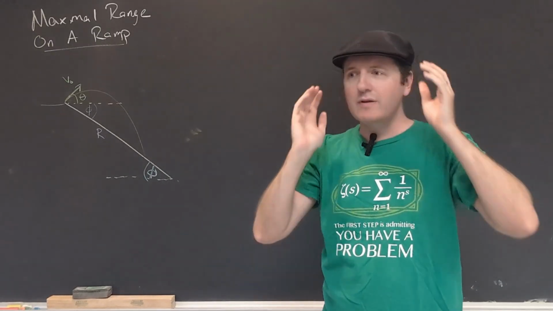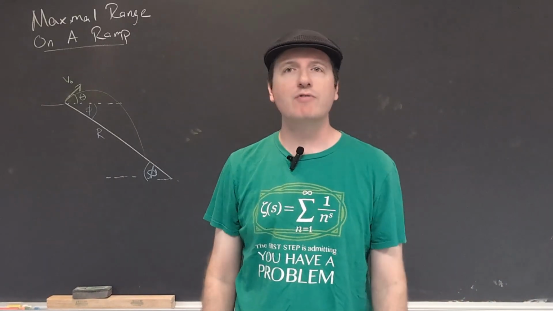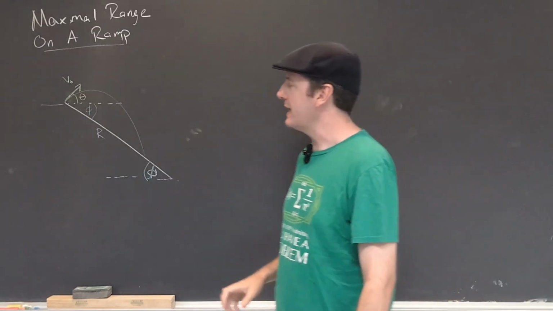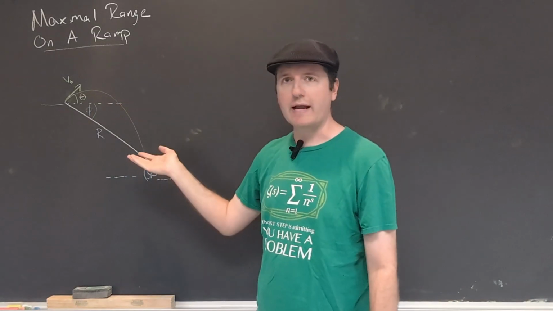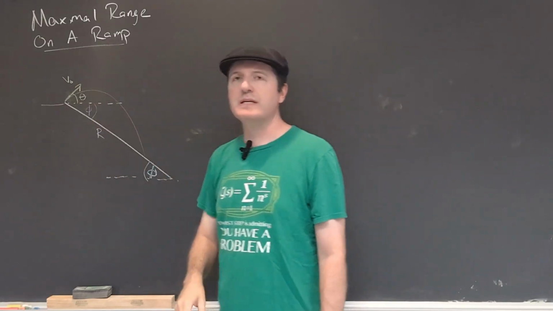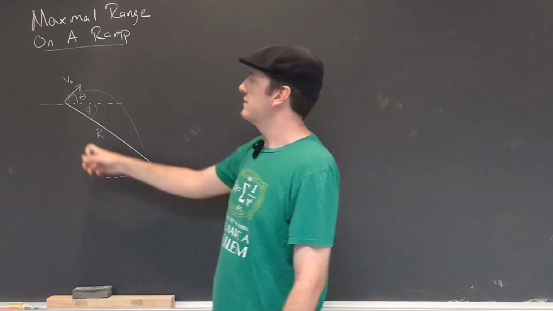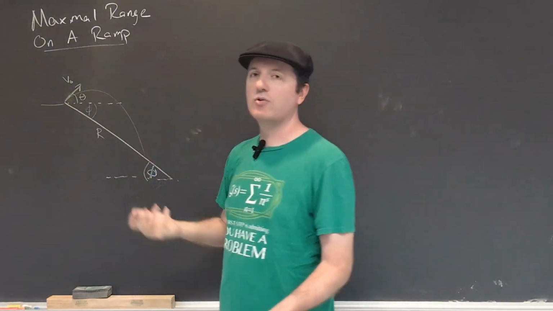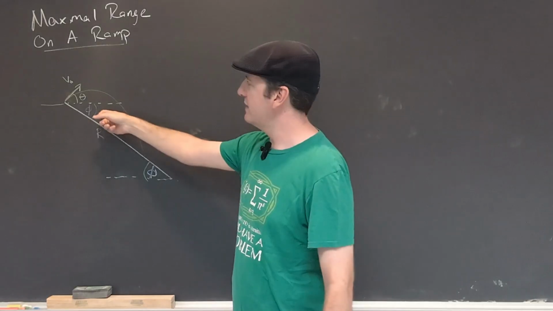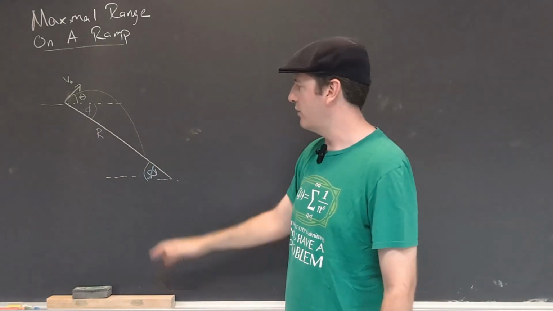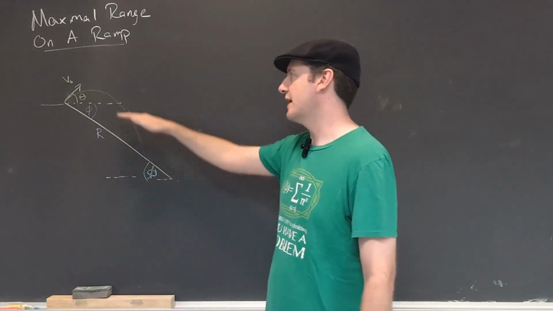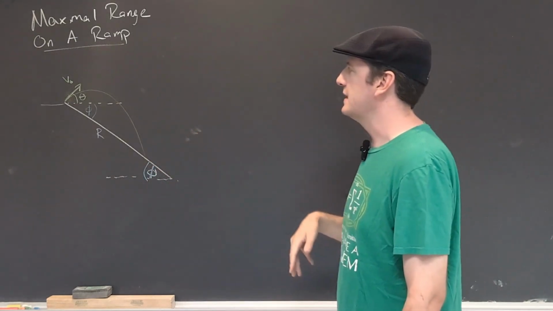Okay, so today I thought we'd do a little bit of a geometric style problem. I want to find the maximal range of a projectile that's launched on a ramp. So we have a projectile that's being launched at some speed v naught, and let's say the launch angle with the horizontal is angle theta, and this is on a ramp that's inclined at angle phi with respect to the horizontal. So you can either think of that as the angle of elevation from the base or the angle of declination from the